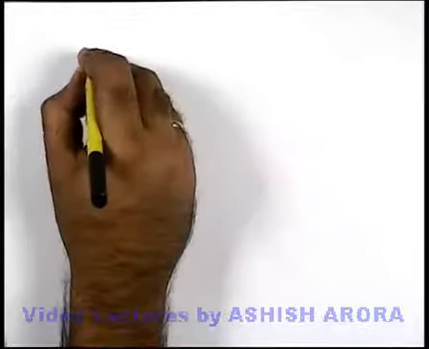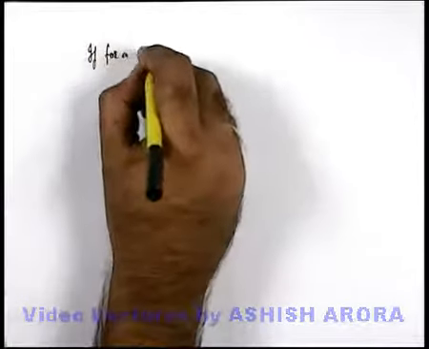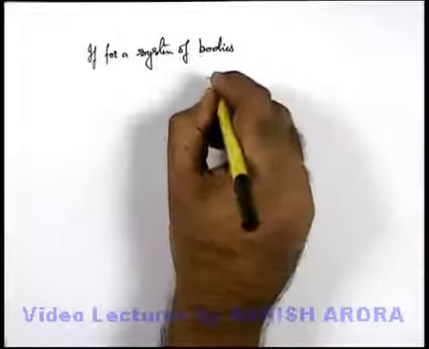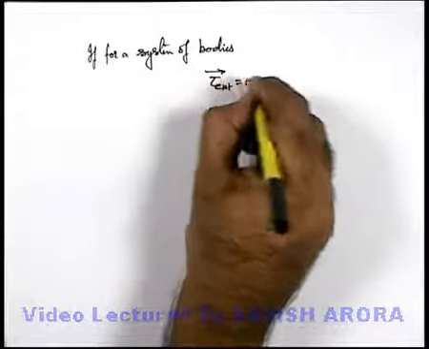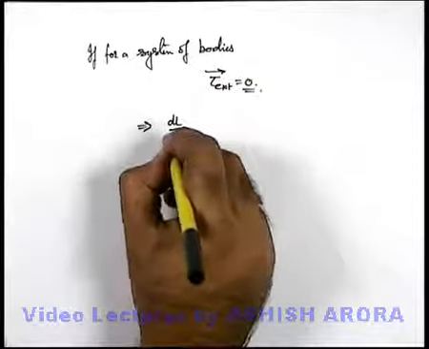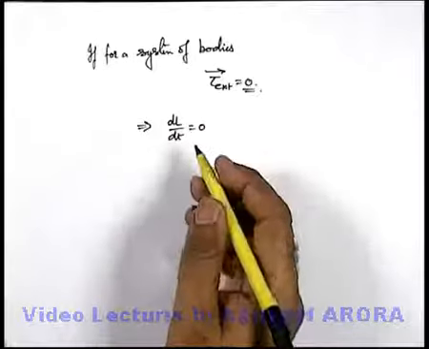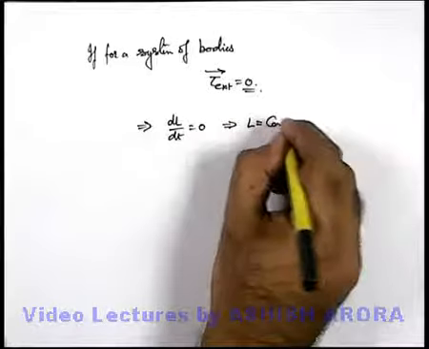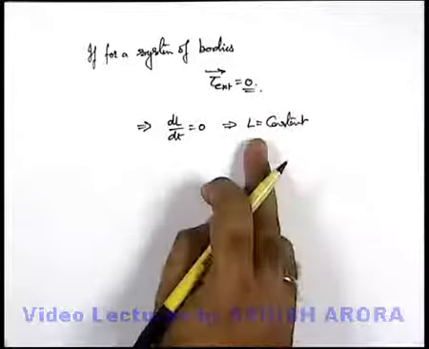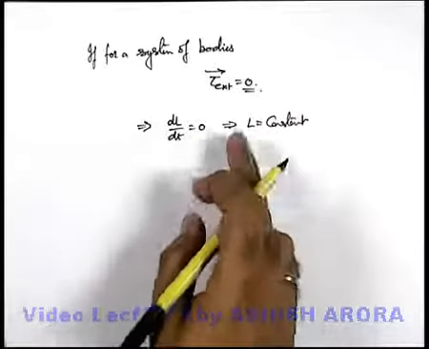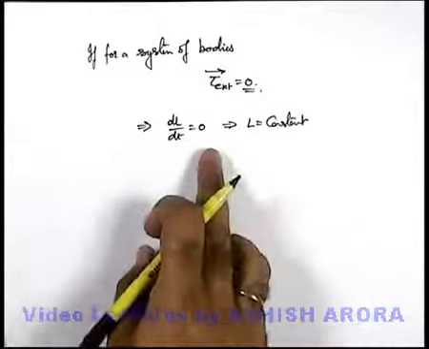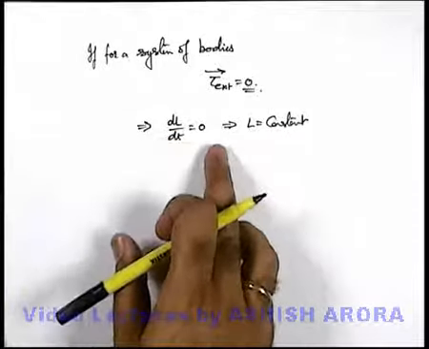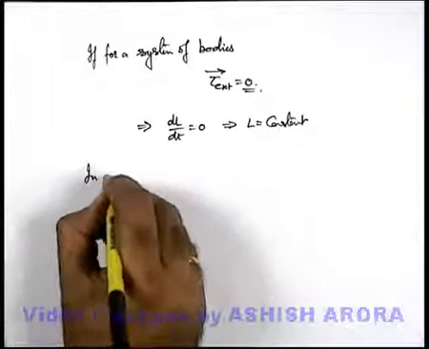In sequence, we can say if for a system of bodies, even we can talk about a single body, the net external torque acting on a system is equal to 0. This implies dL by dt is also equal to 0. For a given body, if the rate of change of angular momentum is 0, that implies angular momentum will remain constant with time. We can also have a relation that dL by dt is 0 implies L can be maximum or minimum, but here we are talking about a continuous duration. So there can be only one case: if L is a constant, continuously we can state that dL by dt will be 0. So we can say in absence of